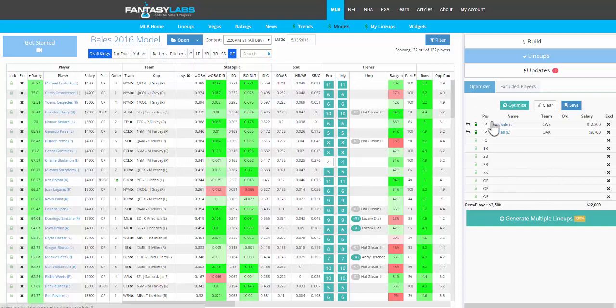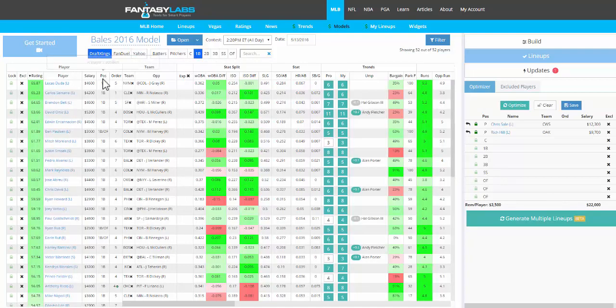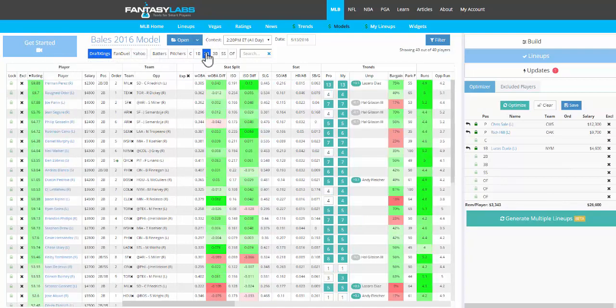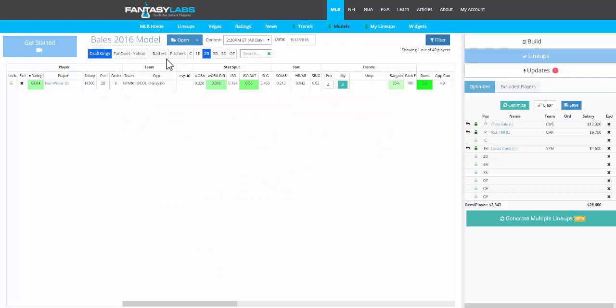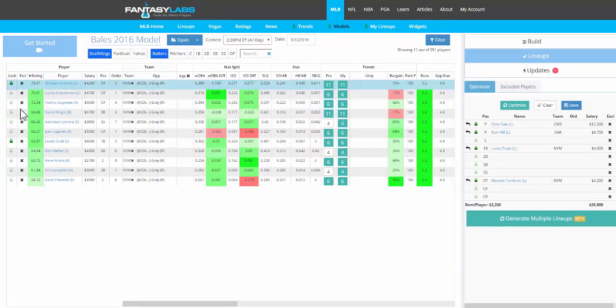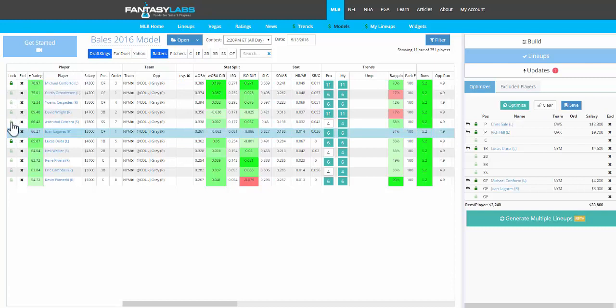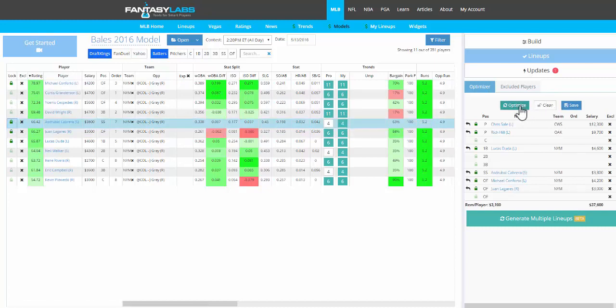Let's say I'm set on my pitchers, and I know that I want a particular core. Let's say I want to do a mini Mets stack, and so I want to lock in these guys. It might be too expensive, but let's say I want to use a 4-man here and then optimize around it. Then it'll give me the best lineup, and that lineup will be unique. If I'm using it for tournaments, maybe I do want values placed around my stack and the pitchers I want, but clicking optimize and getting a lineup that maybe isn't unique, especially if you haven't created